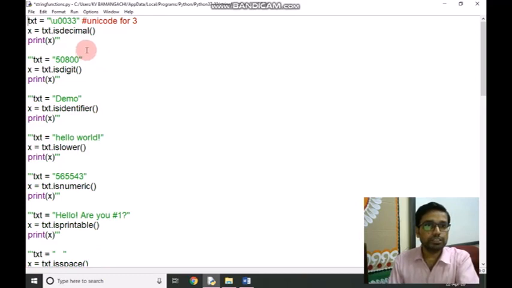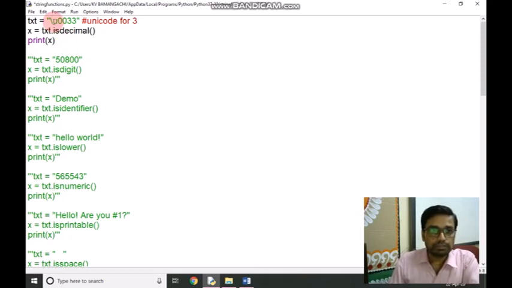Next function is isdecimal. Isdecimal returns true if all characters in the string are decimals. Here we have given a Unicode for 3, \u0033. The syntax of the function is txt.isdecimal.